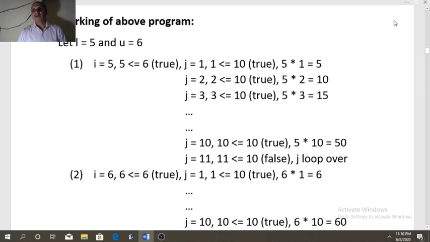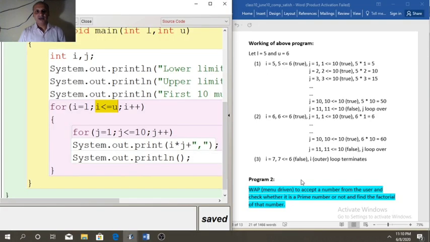Now the logic and working is on my computer screen. Suppose L is 5 and U is 6. So we want to print the table of 5 and 6.